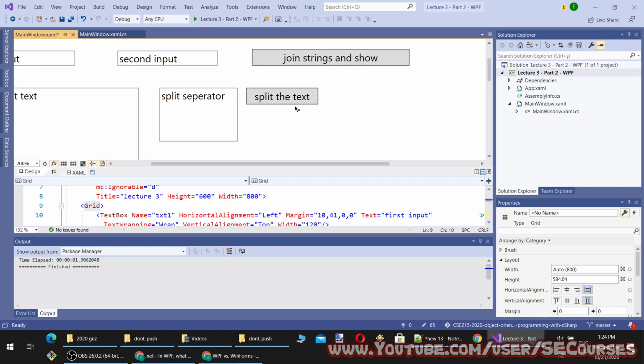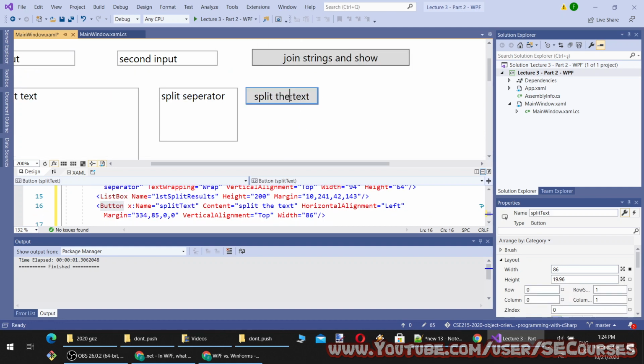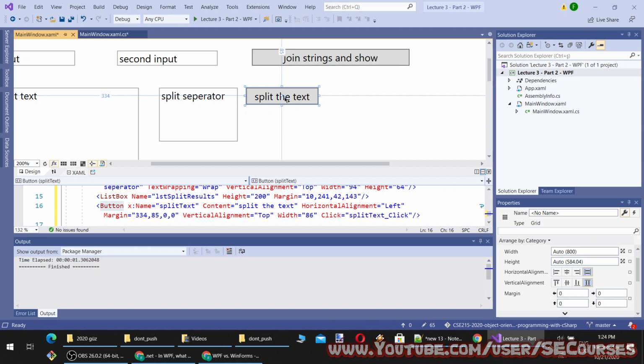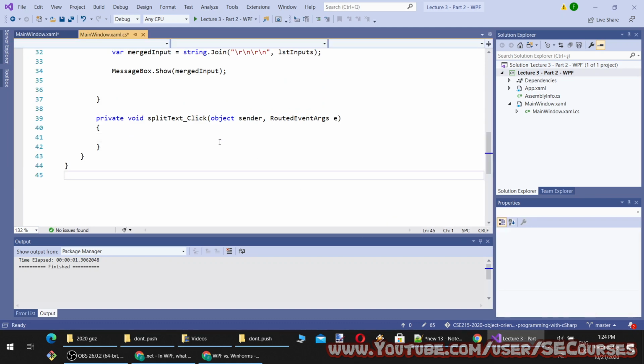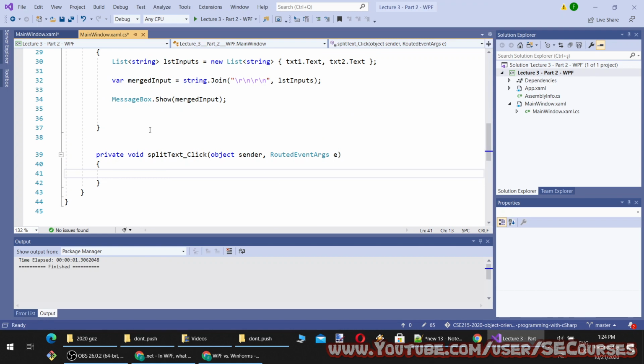So I will compose a click event for this. When I double click on it, like this, to compose a click event, as you can see, it is composed. So what my main input will be, split box text, okay. Then my split text will be